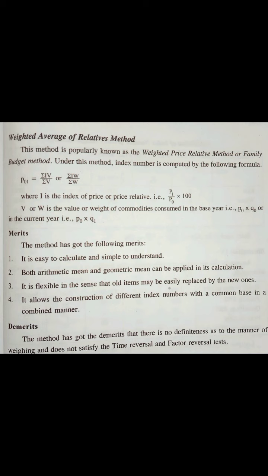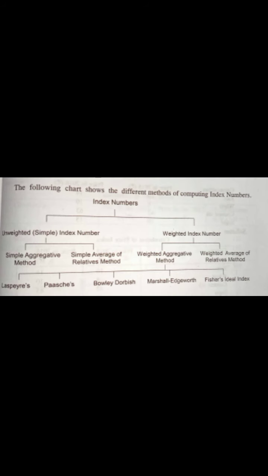I'm dealing with business statistics, wherein we are dealing with module number 4, index numbers. So in the last lecture we had discussed quantity index number. This was the second type of index number, weighted index methods. Today we are going to see the second method. In weighted methods we had the aggregate method as well as the average method. The aggregate methods as well as the quantity aggregate are done. Now we have to see the weighted average of relative method.